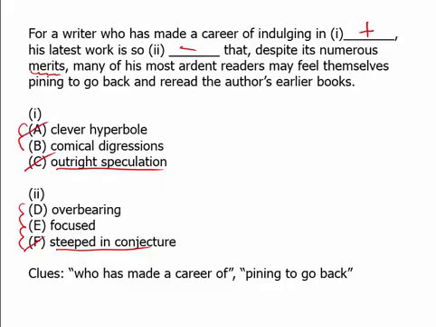And therefore, the answer has to be B, comical digressions. Again, when you digress, you go off topic. When you're focused, you're on topic. Those are clean opposites, and therefore, those are our answers. So again, you're going to have to work through the answer choices, plugging them in, juxtaposing them in a way that's different from the usual strategy, which of course is to look for the clues and then come up with your own words. You can't quite do that here, and you can't just right off the bat get the right answers